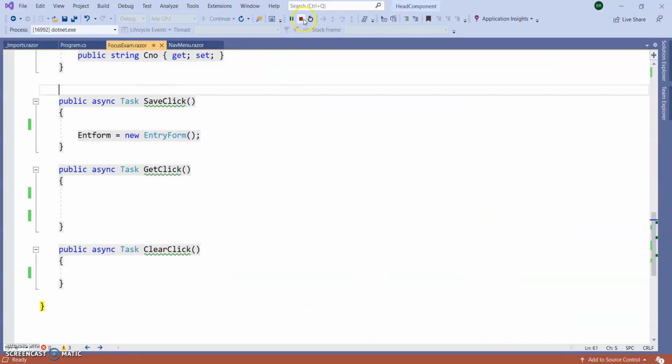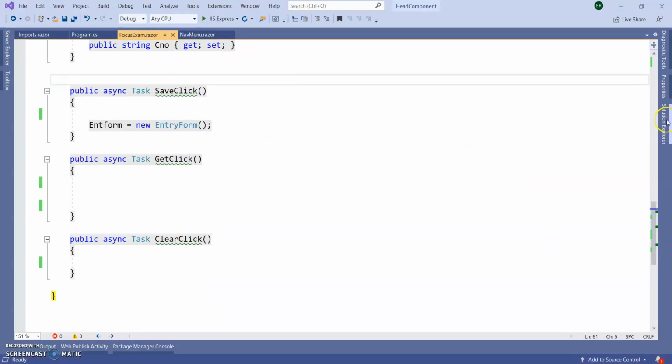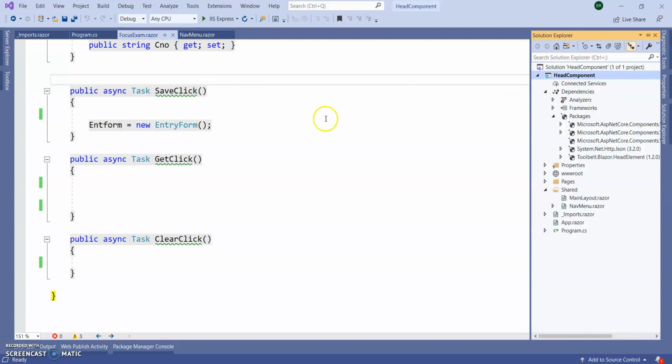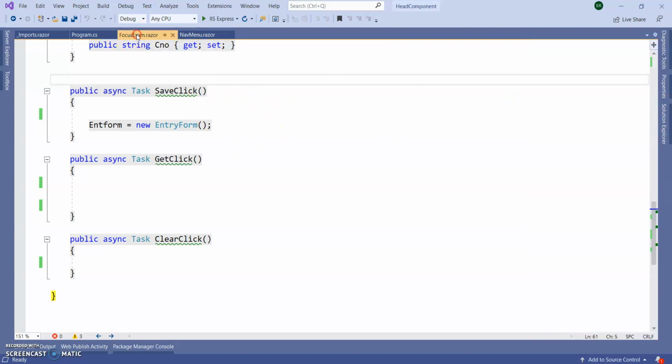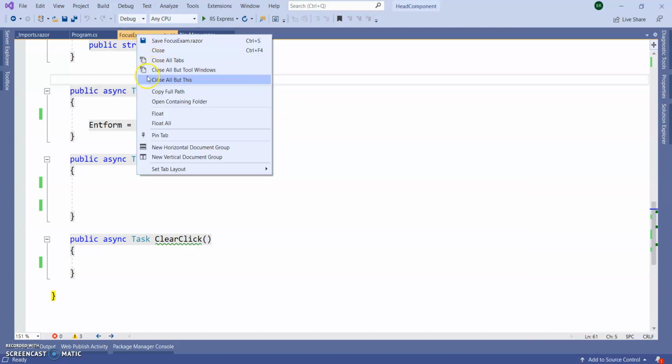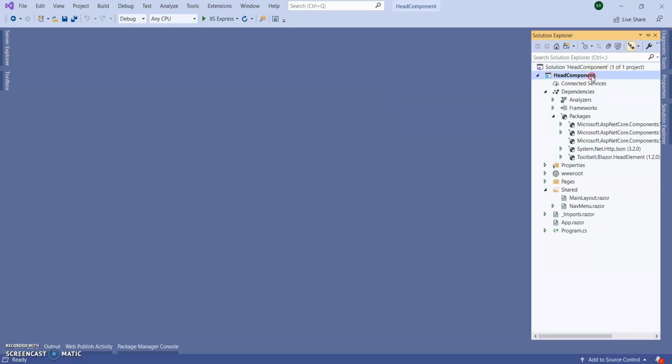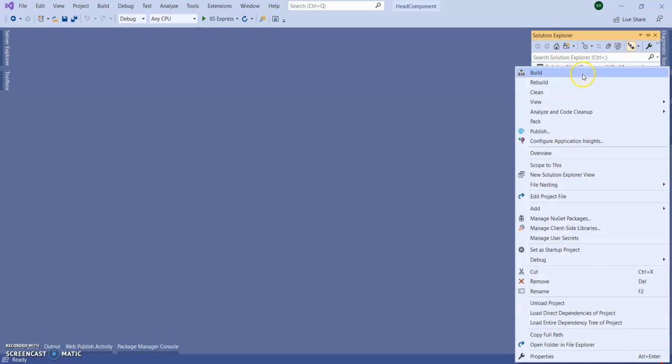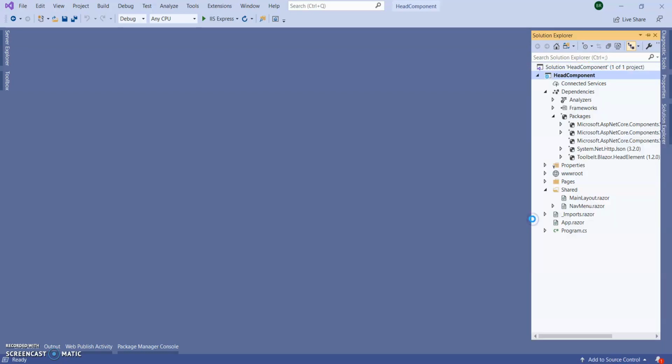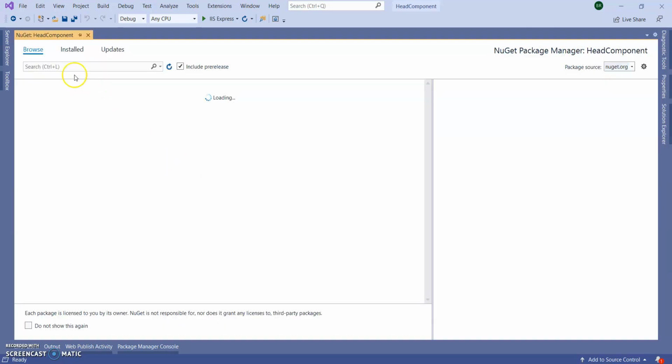Let's go to Visual Studio. Close all the tabs. Right click on the project, Manage NuGet Packages. Let's install this Blazored.LocalStorage.